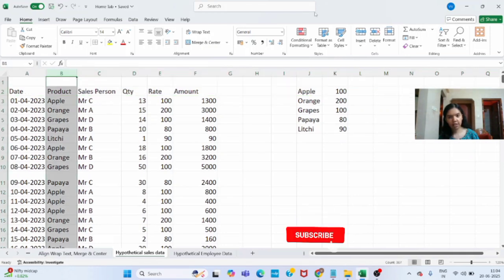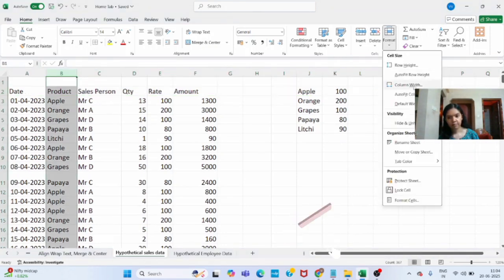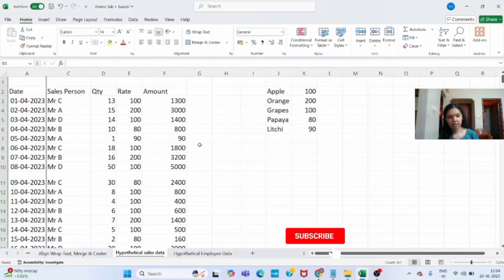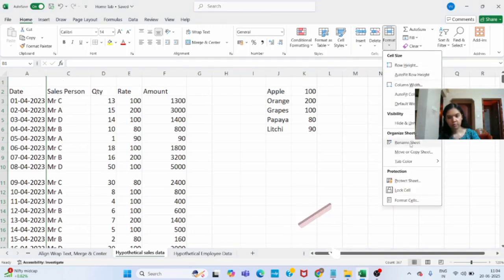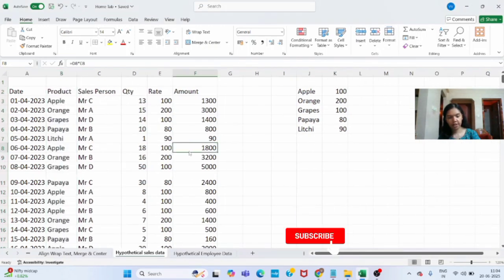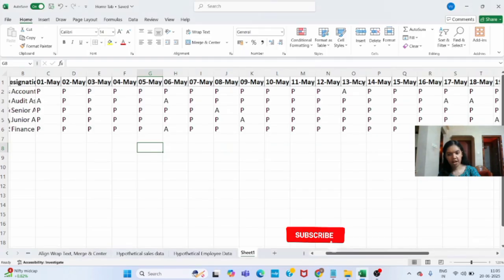Same way to hide a column. I will click here and just select here hide columns. So we can see this column has got hidden now. And same way to unhide the column now. So the column got unhidden now. So when there is a large data, at that time this hide and unhide option will be helpful.